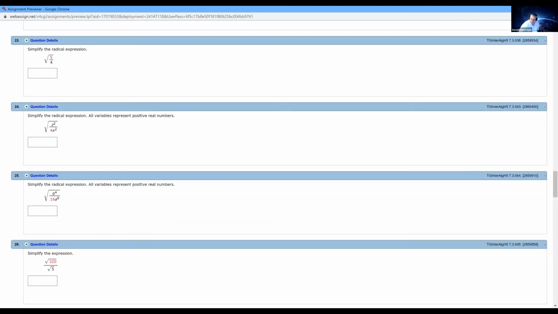Let's move out of here and do cube roots. And once we've done cube roots, the last one is all the other stuff, right? Which means pretty much anything that they want to throw at us. So the only good news I can have you is that when you do simplify cube roots, it's the same process